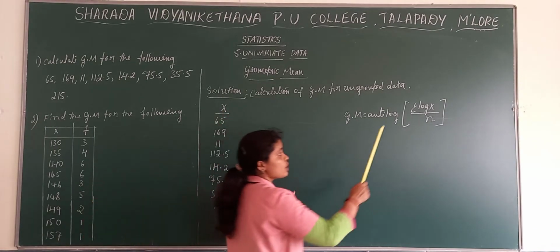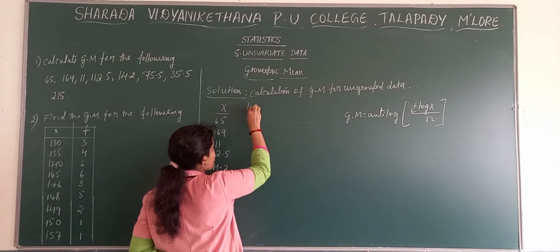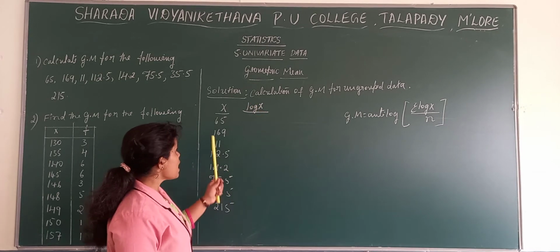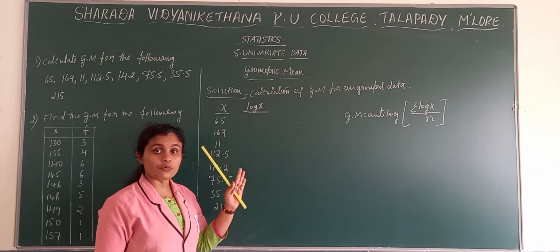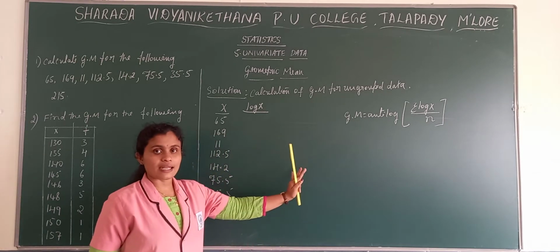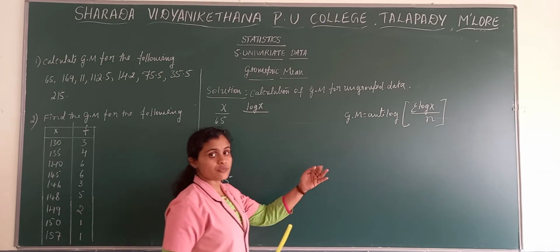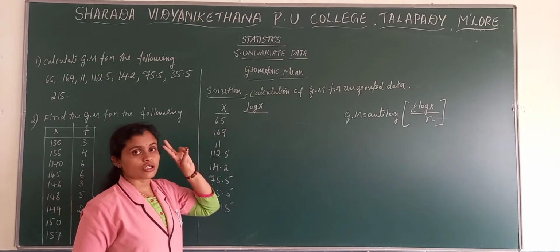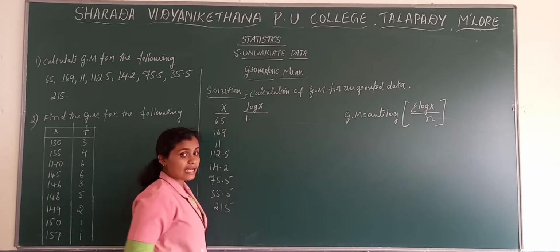What we need to find out? The log of x we need to find out. As I said, in case of log, we have two parts, that is characteristic and mantissa. Characteristic is a value which comes before the decimal. How to write the characteristic? For 65, how many digits? 2 digits, minus 1, 1 point. These are the characteristics.